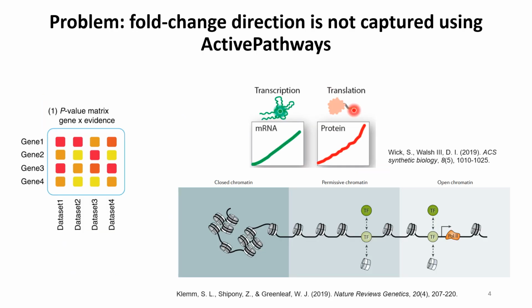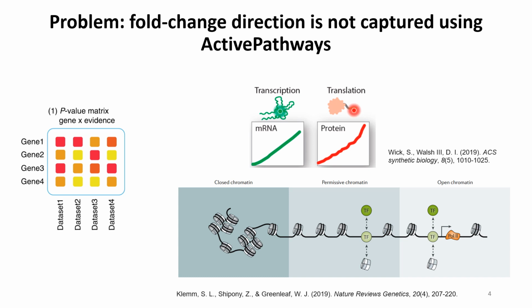Currently, ActivePathways accepts only p-values as input to perform data integration. This is problematic as different datasets may also contain directional information, for example, fold change information from differential expression. In the case of protein and RNA expression, we expect this directionality to be concordant, whilst in the scenario of DNA promoter methylation, we expect more heavily methylated promoters to result in decreased gene expression and consequently decreased levels of